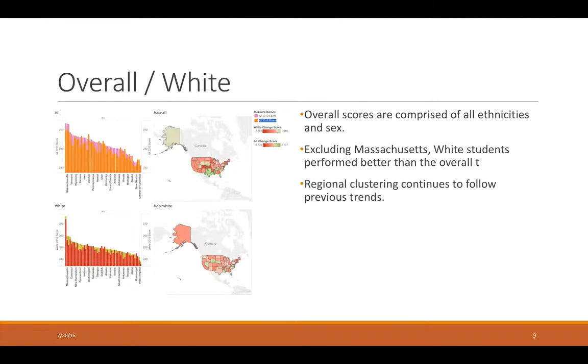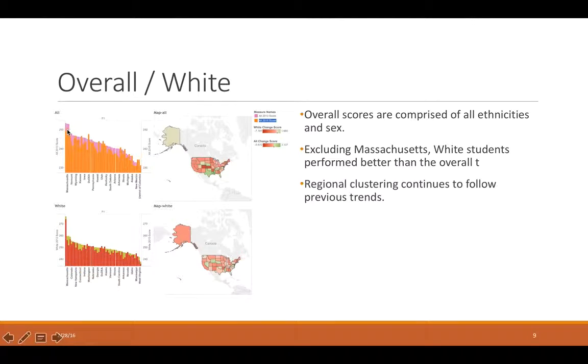On this slide, we see a breakdown for the all category and also for the white student performance. For the all inclusive, we see the same clustering for the Gulf Coast states and some of the central, but also a cluster of extreme underperforming states in the central area, followed around the outskirts in the New York area, and also on the Pacific side, where they are also underperforming but not as severe.